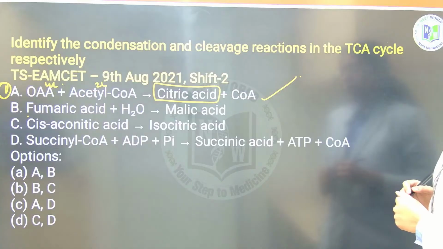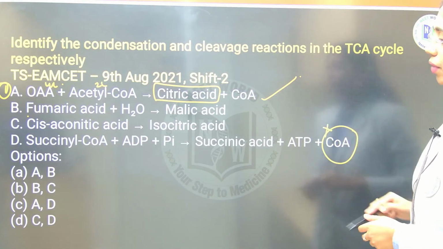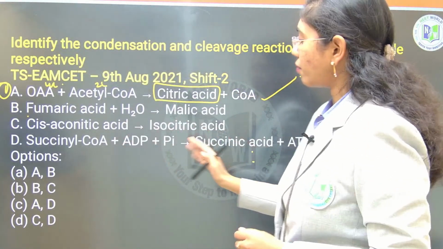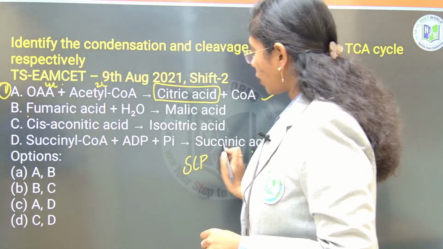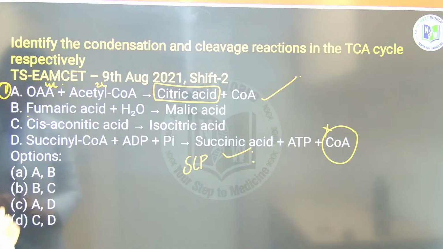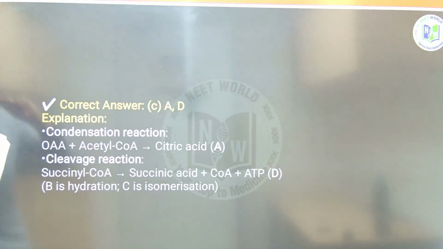Succinyl CoA to succinic acid. Yes, CoA is being removed from succinyl CoA, where succinic acid is formed after substrate level phosphorylation. This will be an example for cleavage. So, here A and D, option C will be the right answer. A and D, fine. Next,